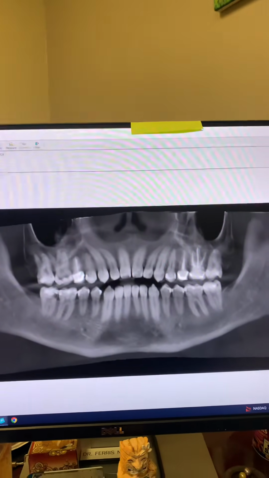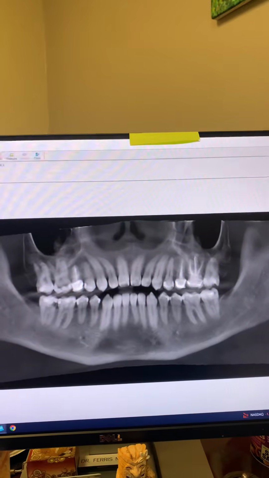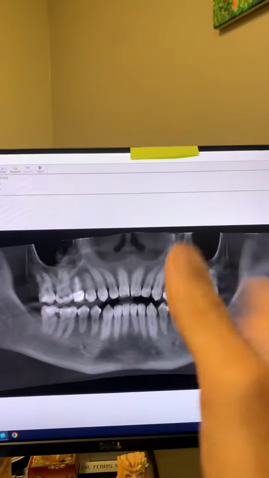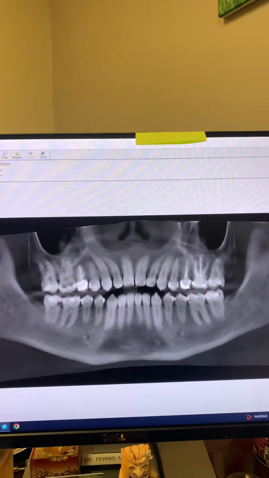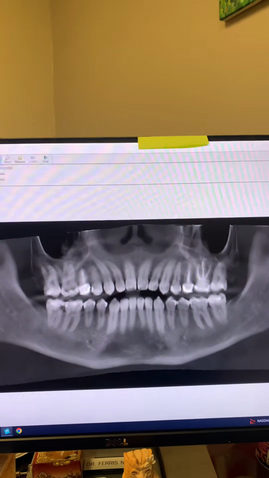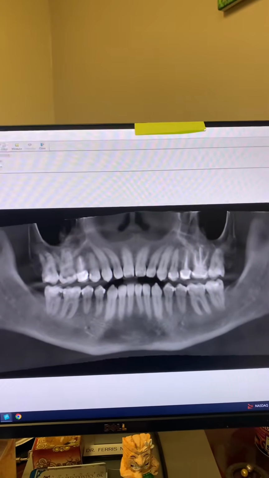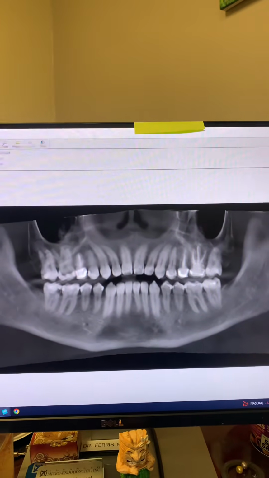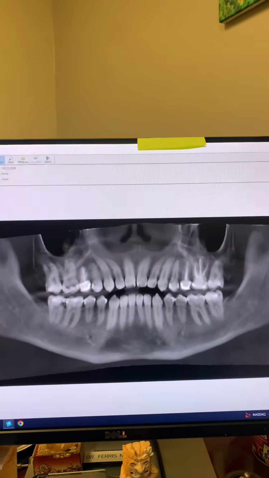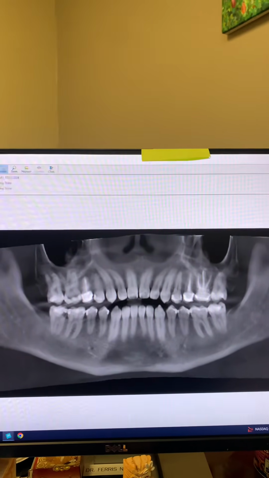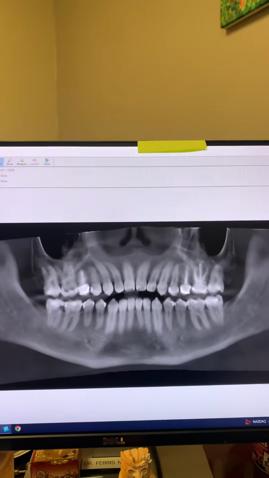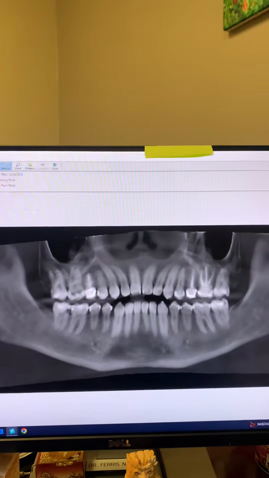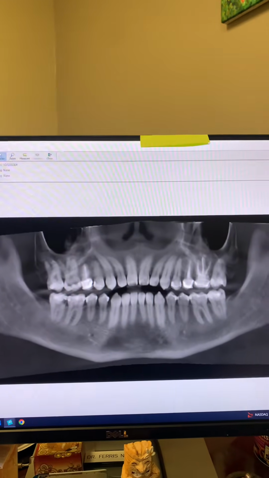I've had many times my followers DM me with a panoramic radiograph such as this one, and they wanted me to tell them whether or not a tooth needed a root canal or not. And I'm talking about patients that you can actually take intraoral radiographs of. But for whatever reason, they went ahead and did a panel on them.